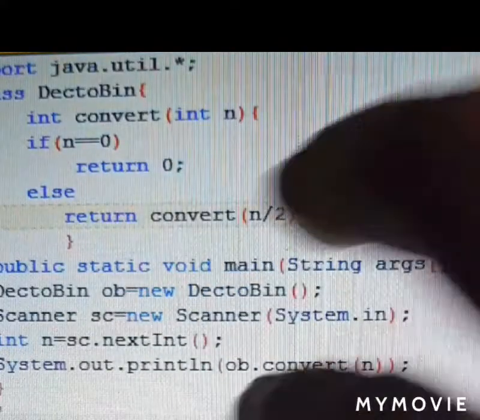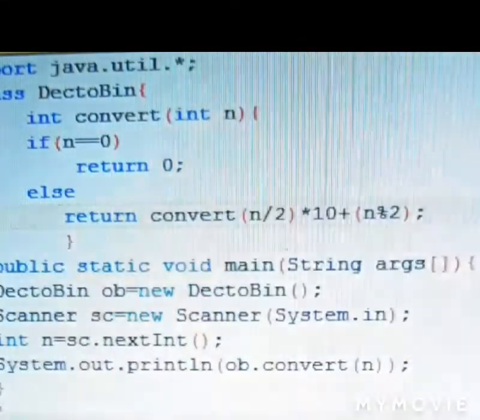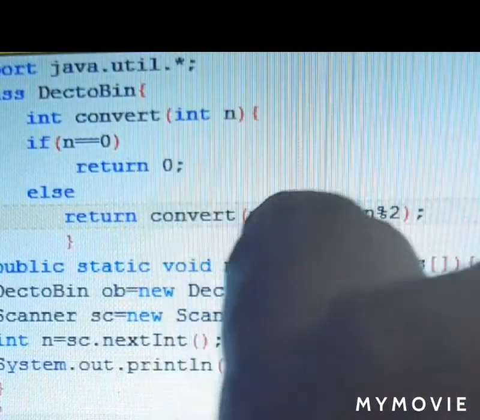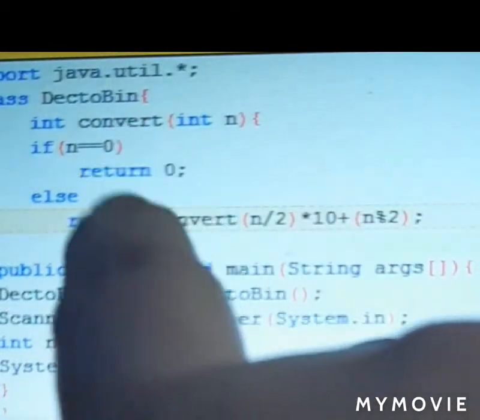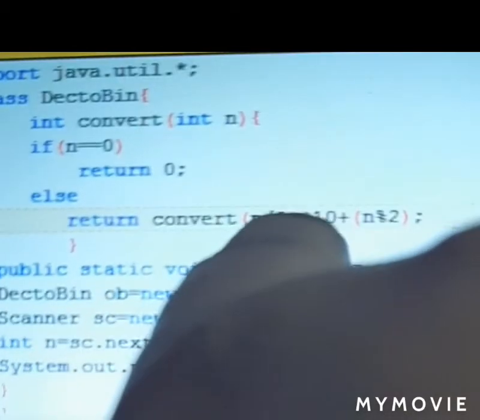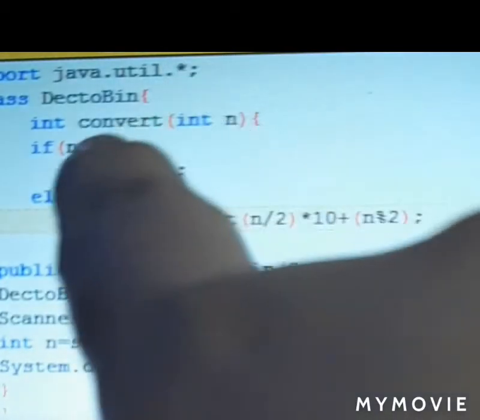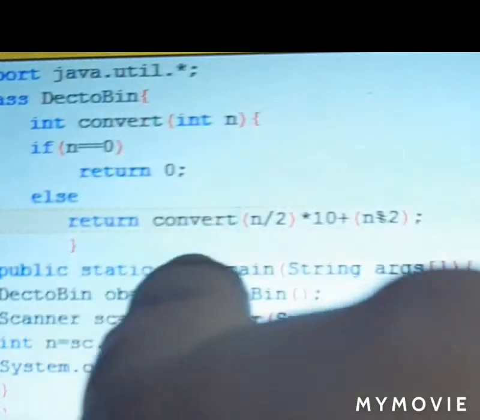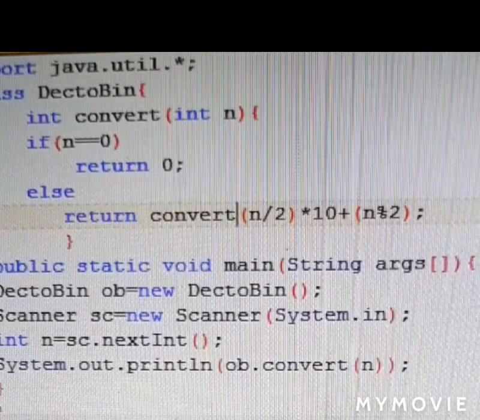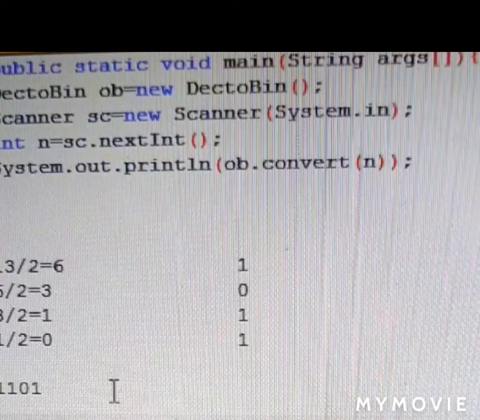6 is 0, no. Again convert is going to call itself and send 6 by 2, 3 as a quotient. Then 3 is 0, no. It will again call convert by sending 3 by 2, that is 1 as a quotient. Now 1 is 0, no. 1 by 2 will send 0 as a quotient. That means in our stack memory, if we see,